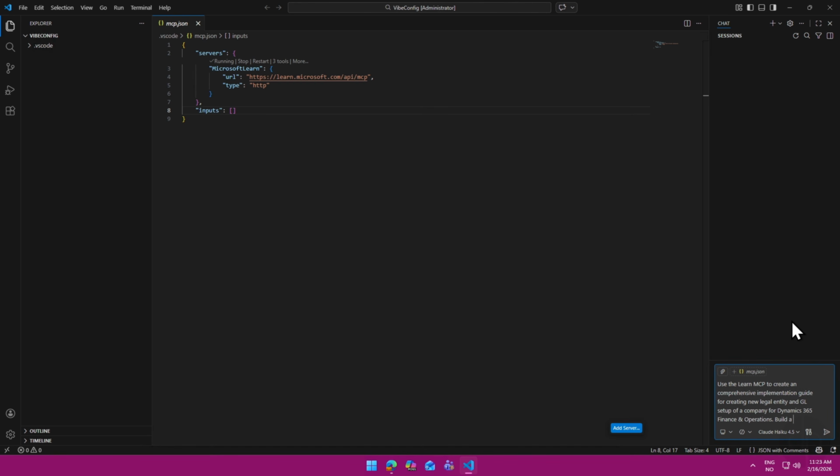Build a GL README file with instructions. And we're using that to, so it's just going to go in and it's going to